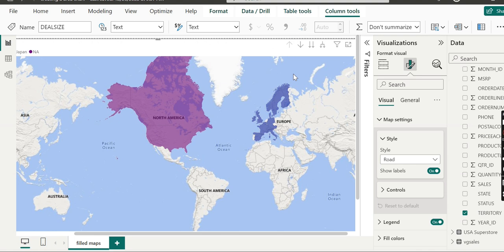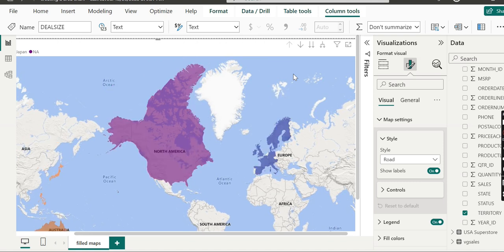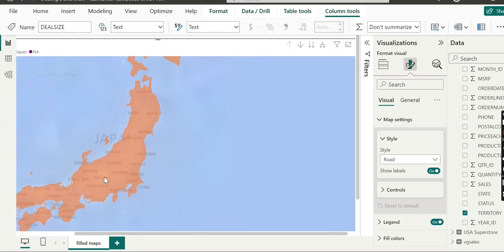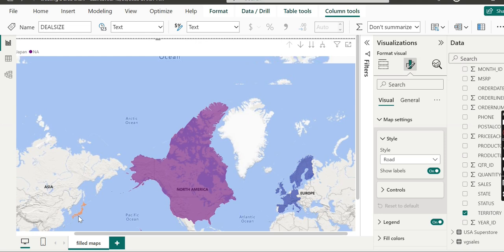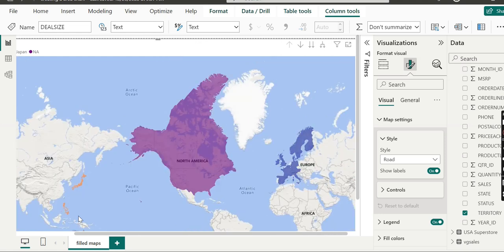Please note that zoom is still a useful feature, and we can use zoom in order to confirm that the tooltip is also updated to show the current level of drill down hierarchy. So if we zoom in here, you will see this country Japan, and the tooltip is showing in a good way, and territory is also Japan. So this is the use of the zooming in, zooming out feature.